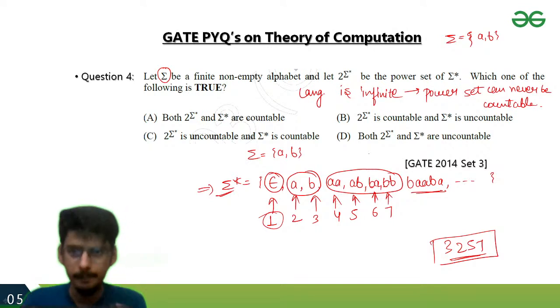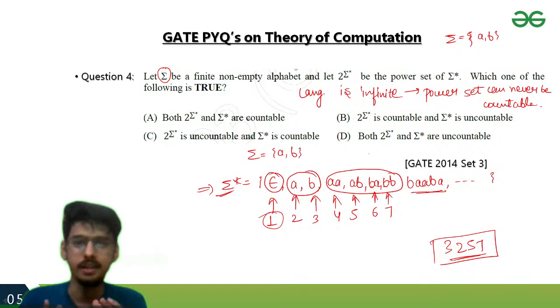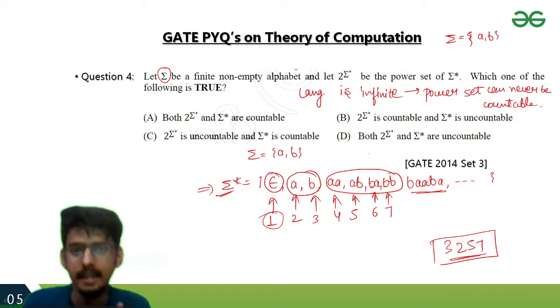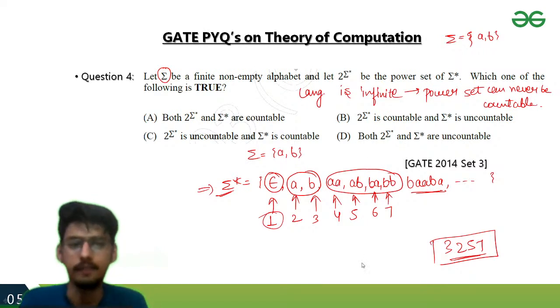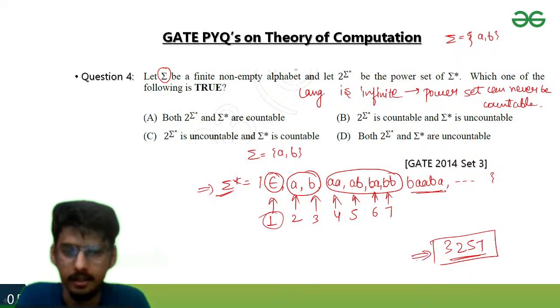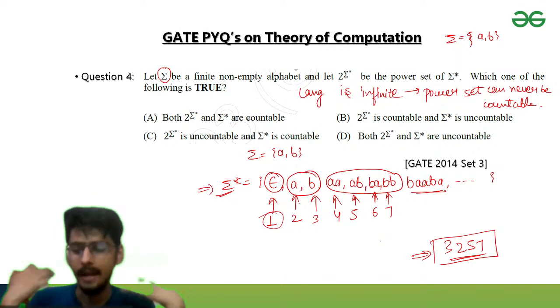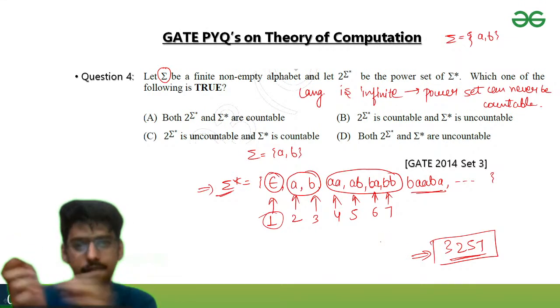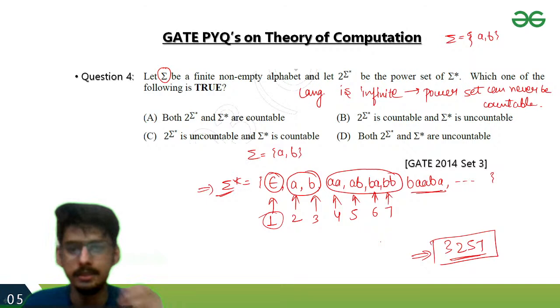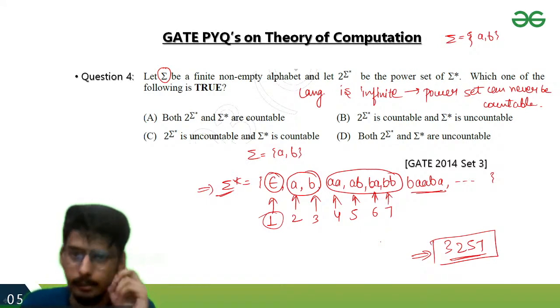So there will be a time when I will generate a string of length 3256, and after that I will generate a string of length 3257, right? So although it is unimaginable, if you talk in broader terms, sigma star will be countable,